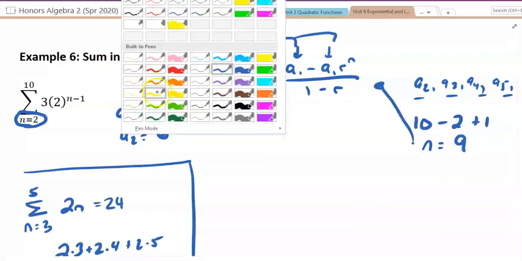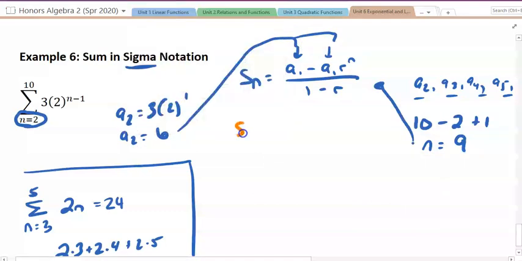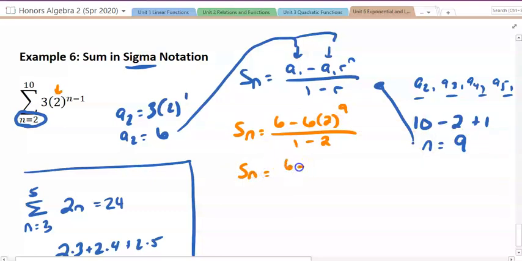And so let's do that now. And so I'm going to get S sub n is equal to 6 minus 6 times the r, this is still your r, 2, to the n, this n, right, 9, over 1 minus your r, which again your r is still 2. So S sub n is equal to 6 minus 6 times 512,